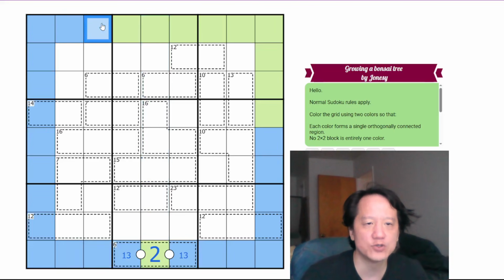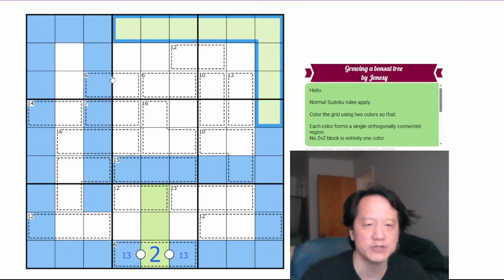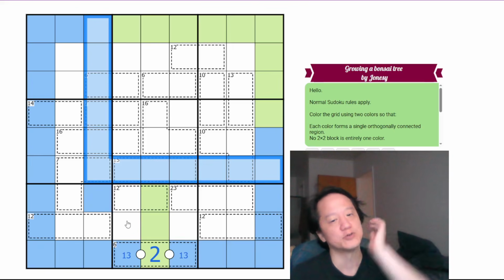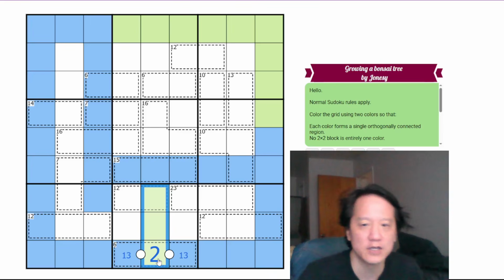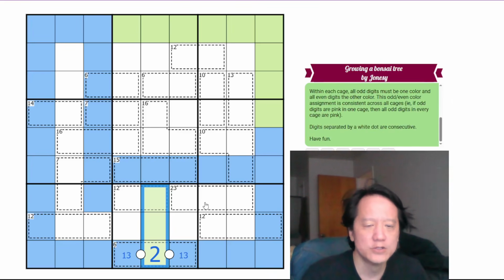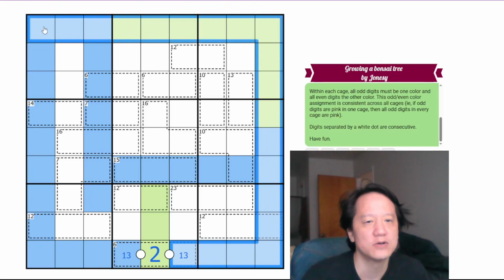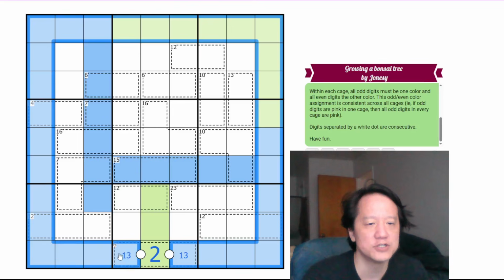And what happens if you try to connect the blues together orthogonally? You get the same problem for the greens. The greens would be broken up into specifically only 2 separate regions when it's supposed to be a single orthogonally connected region. So that's why you cannot have more than 2 changes of color on the edge of a grid